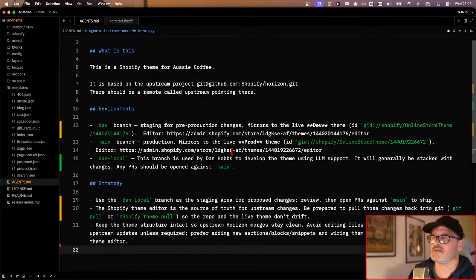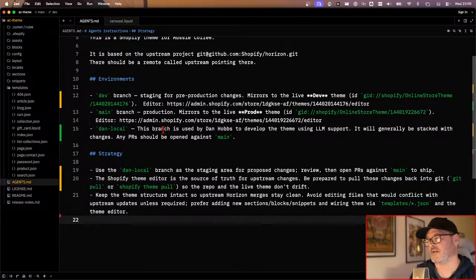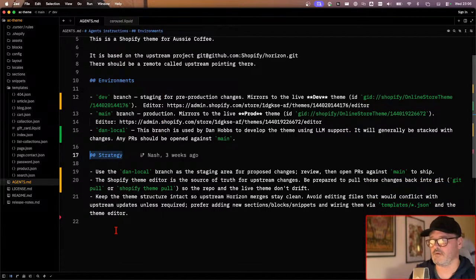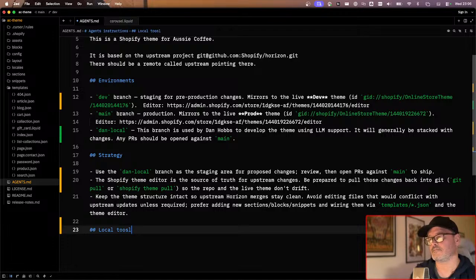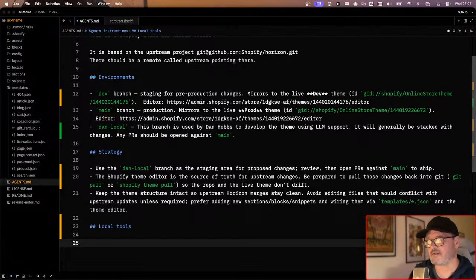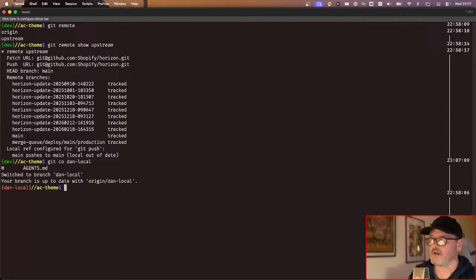Agent instructions. So what else do I want to tell? I'm going to leave this for now, I've kind of just reviewed it. And the next step, oh no, actually, so local tools. Local tools. So if I come back to here, I'm going to do a git checkout and local. So if I come back to here and I go,